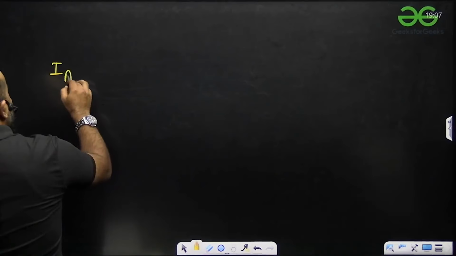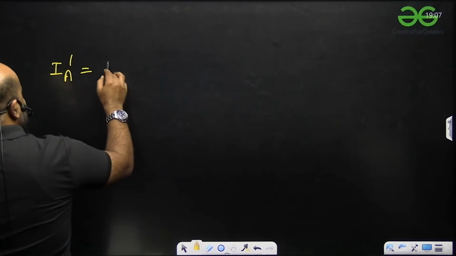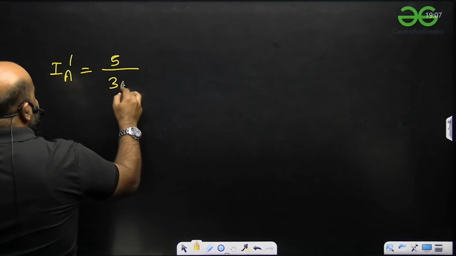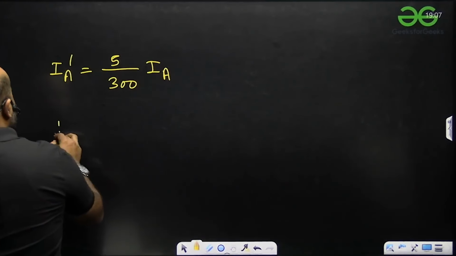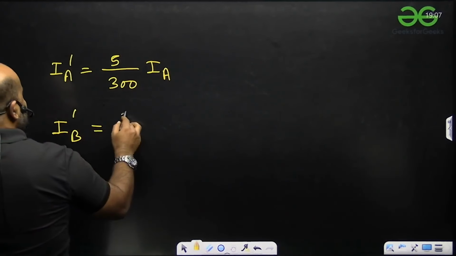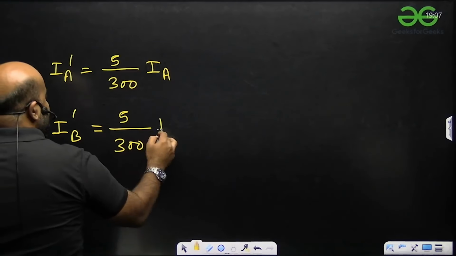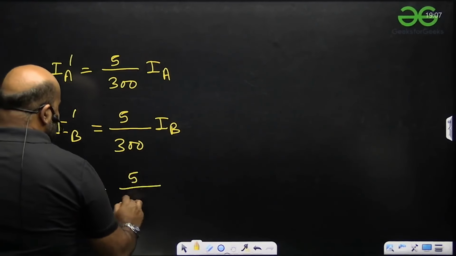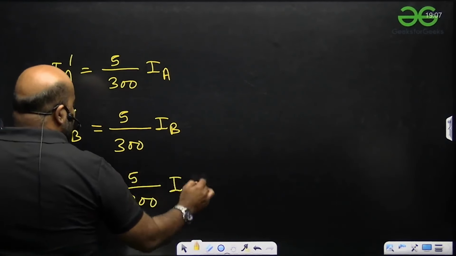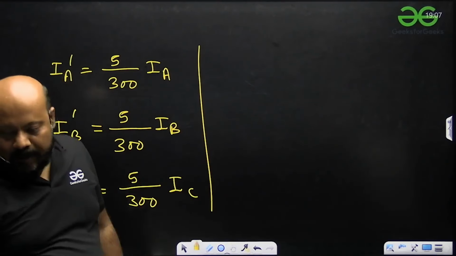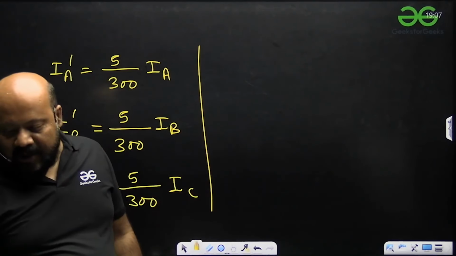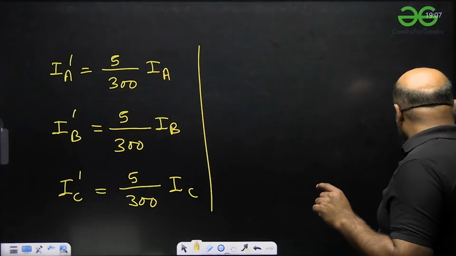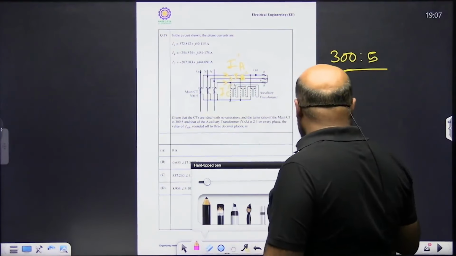तो IA डैश क्या हो जाएगा, ये हो जाएगा 5/300 IA। IB डैश क्या हो जाएगा 5/300 IB। मैं कैलकुलेशन नहीं कर रहा हूं, वो आप करके चेक कर लेना, उसमें हमारा टाइम थोड़ा सा वेस्ट हो जाएगा, आपको आंसर मिल जाएगा। तो ये जो IA डैश, IB डैश और IC डैश है, ये हमें लाइन करंट मिली है। ये जो लाइन करंट यहां पर हमें मिल रही है,